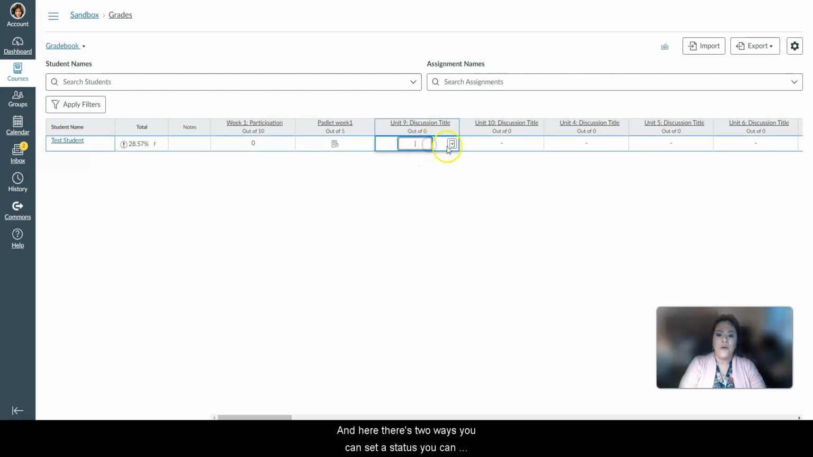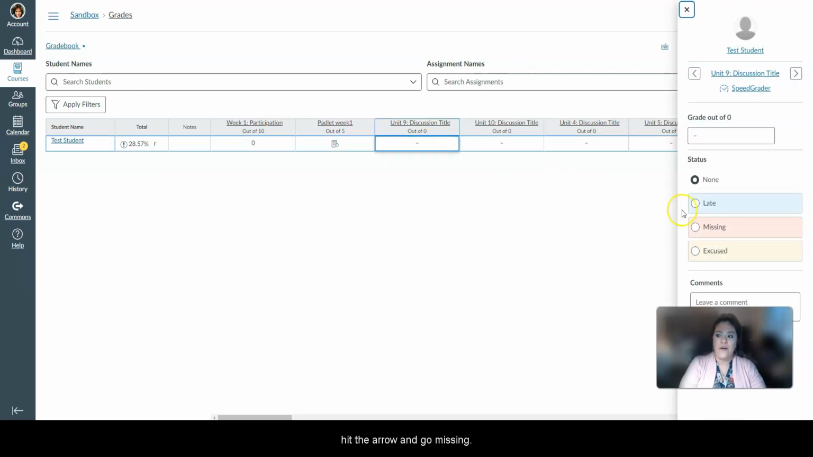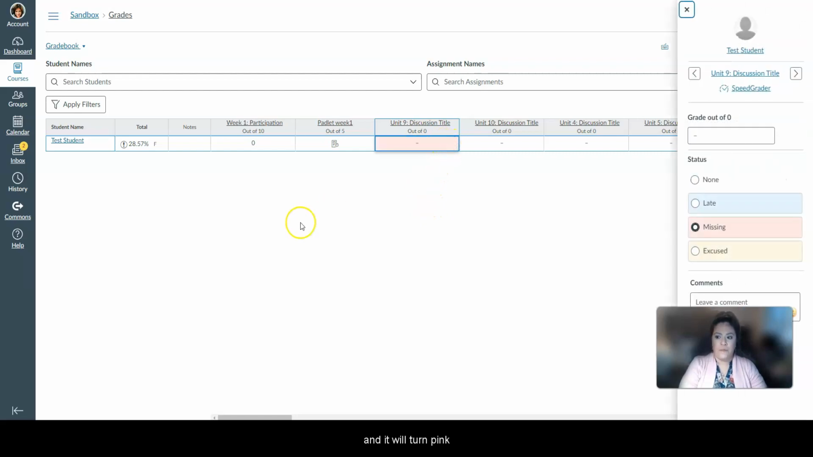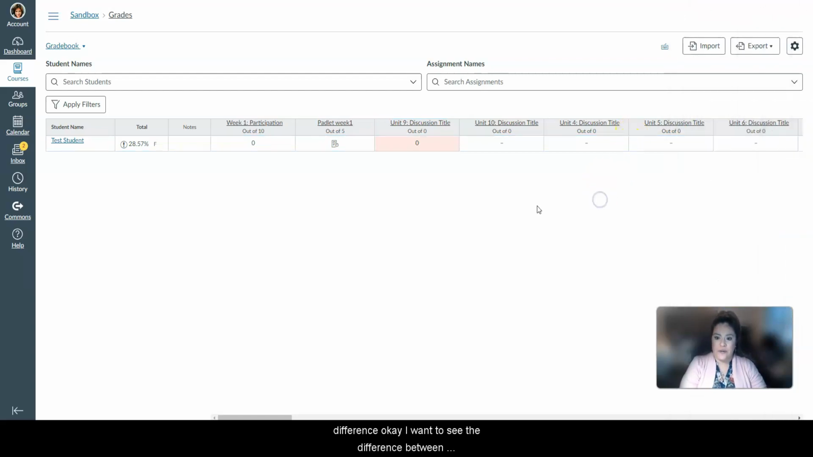Now here, there are 2 ways you could set a status. You can hit the arrow and go missing, hit missing, or you can type MI in the box, arrow over, and it will turn pink. Okay, still going to give them a 0. But we want to see the difference, okay? We want to see the difference between turning it pink and giving it a status of missing and just putting in a 0. So to do that, we are going to go back to the gradebook,